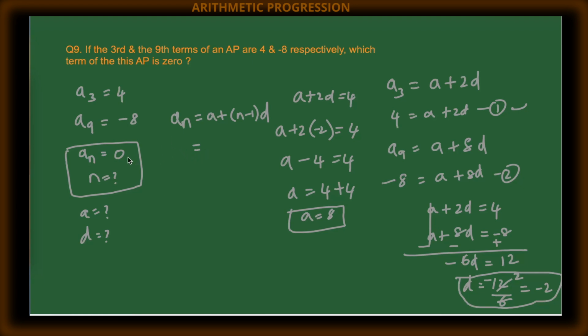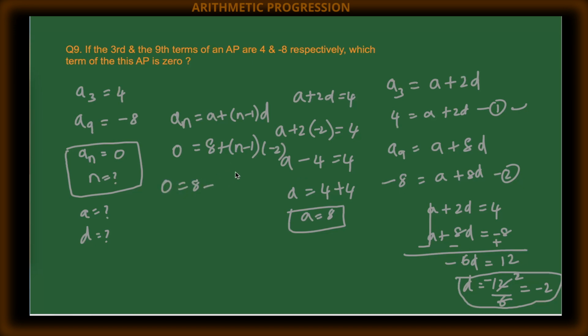Okay, so the nth term value we are putting as 0. We don't know the position of it, that's what we are finding. We know a is 8. So D, do we know? Yes, D we know, it's minus 2. Okay, so a little bit clumsy, it's becoming 0 = 8